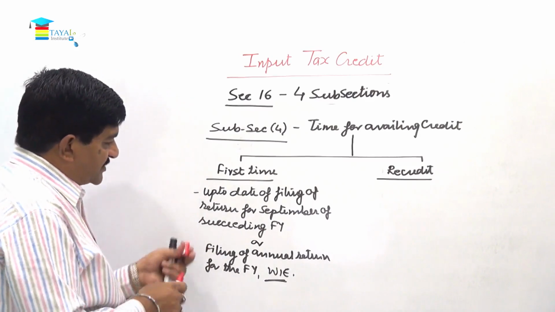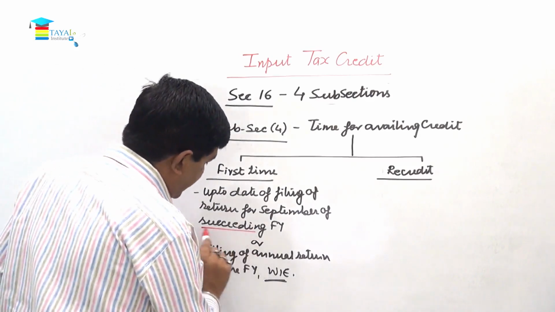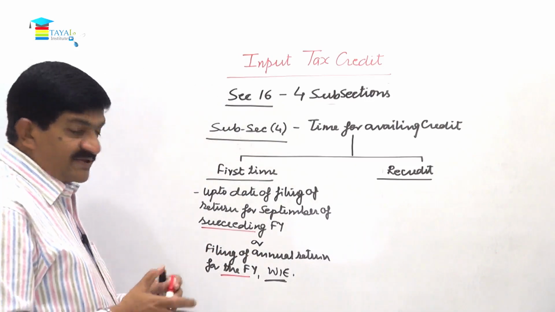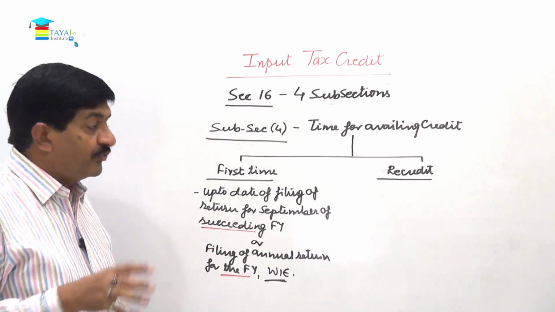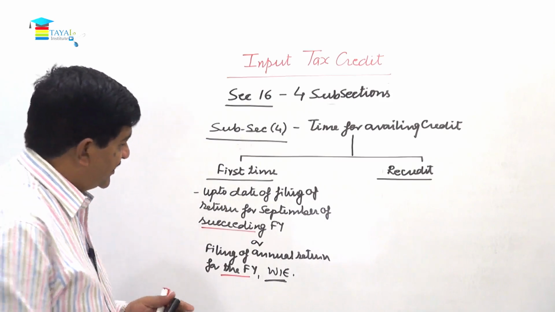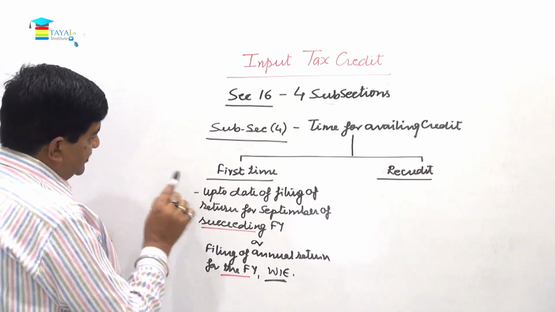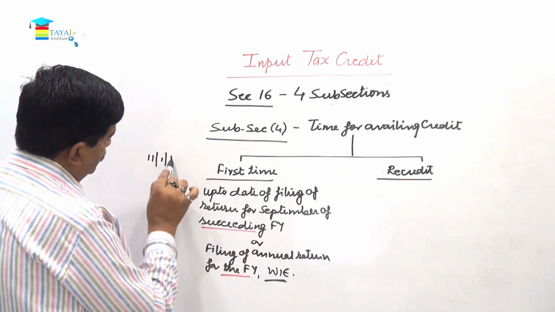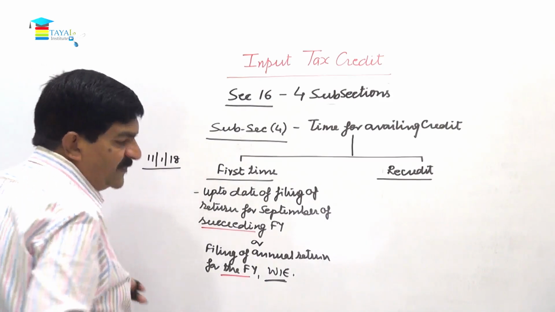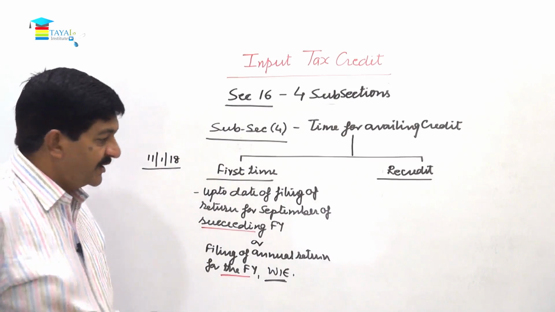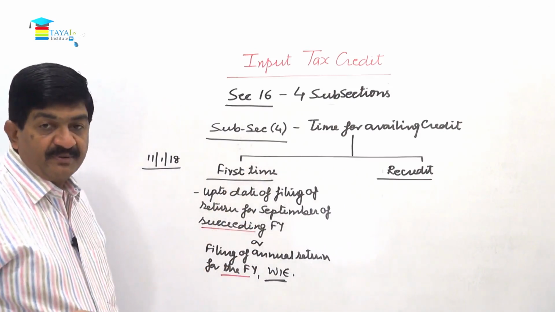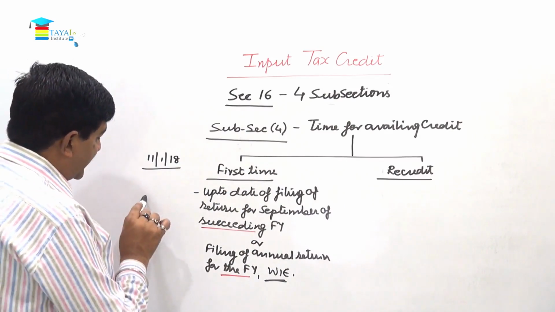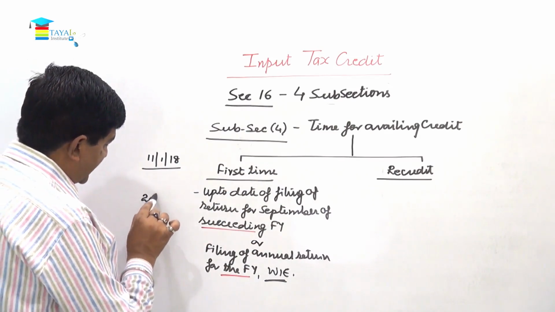So there is a difference. Here we have succeeding financial year and here we have the financial year, right? So recently ended is 17-18. So we take an example with reference to 17-18. Suppose there is some invoice dated 11th of January, say 2018. So this is for the financial year 17-18, and the return for the month of September is to be filed by 20th of September. So by 20th of September, this is first date,